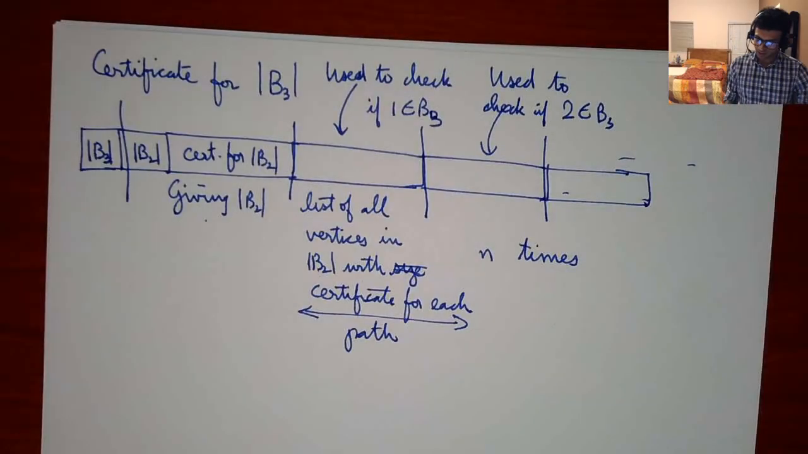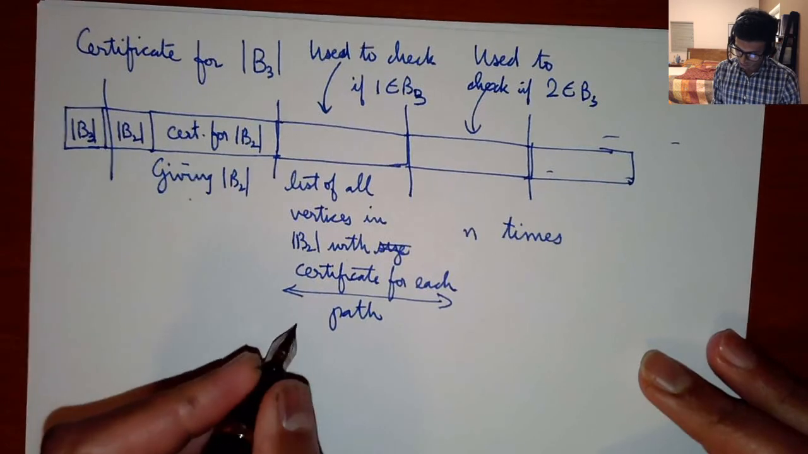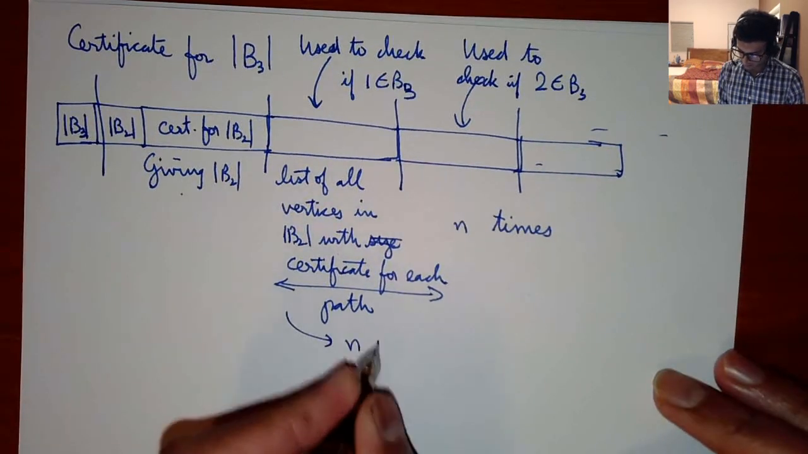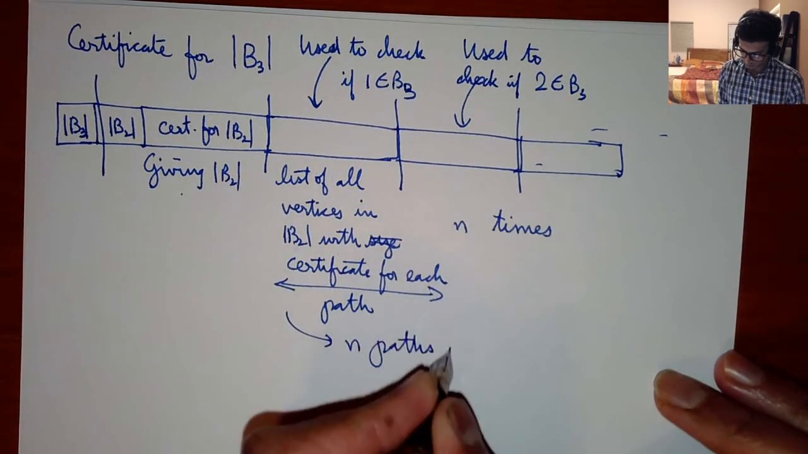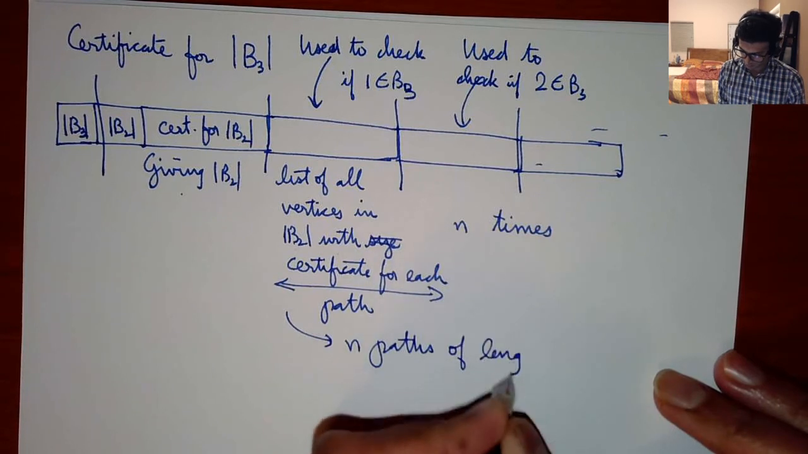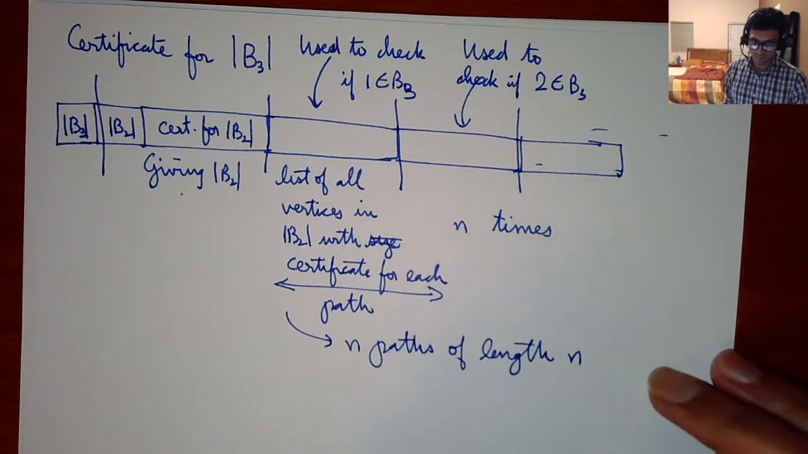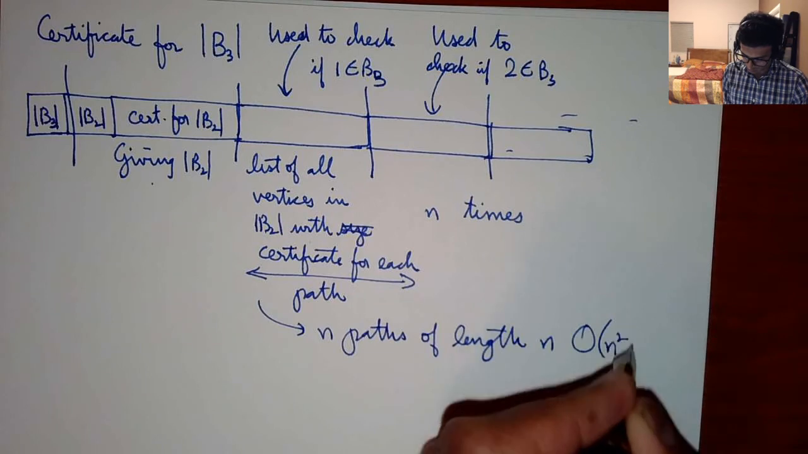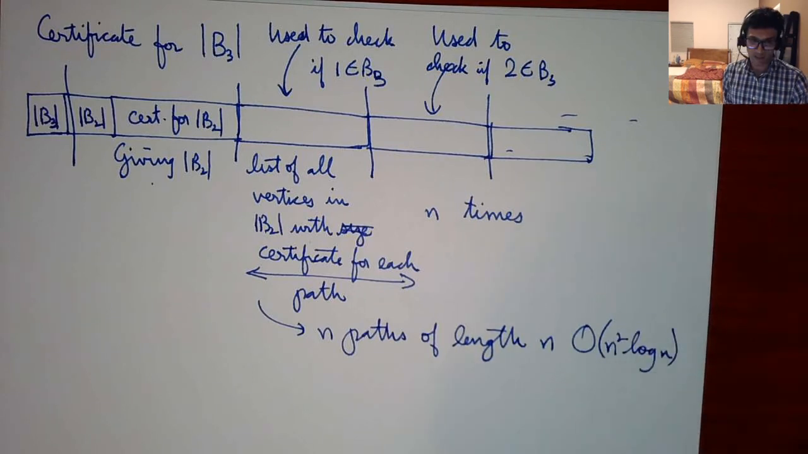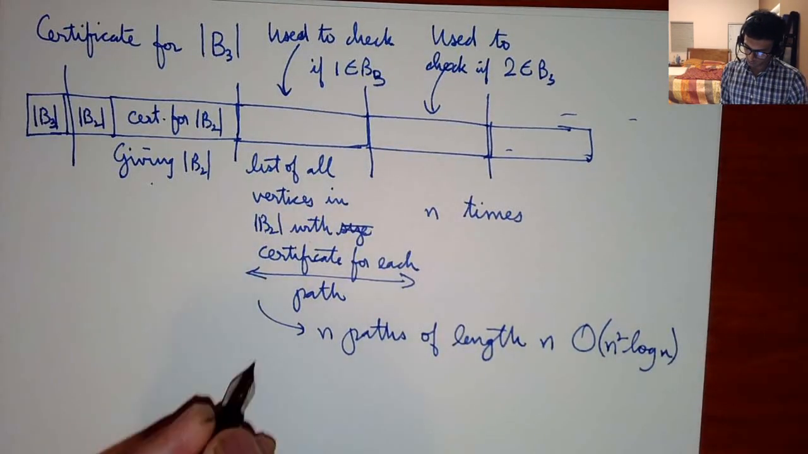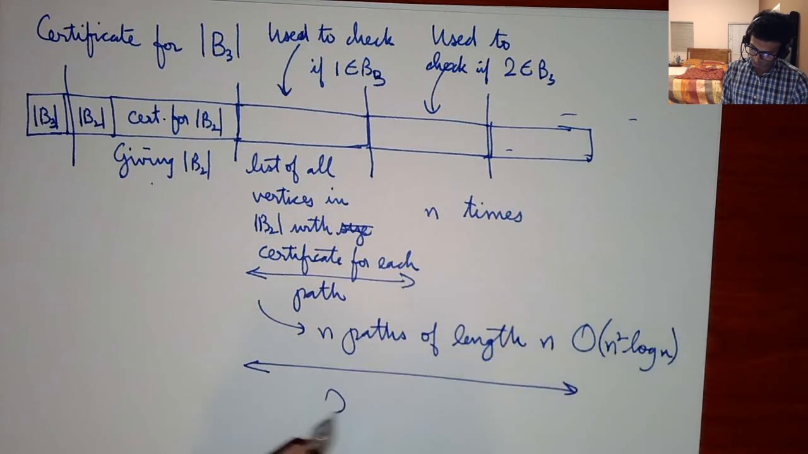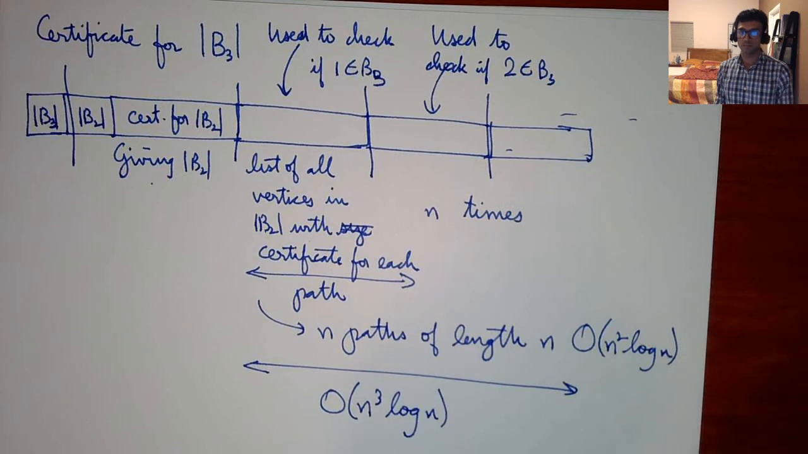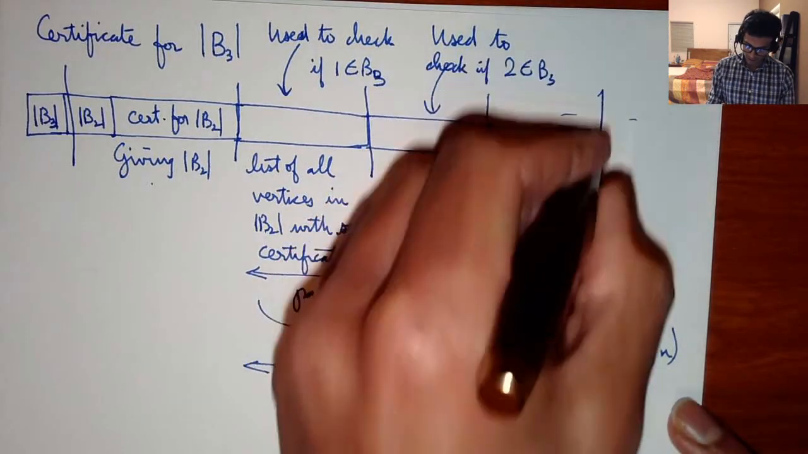So each of these is n paths of length n. So that's basically O of n squared log n bits. And of course, the total length over here is just O of n cubed log n bits. And at the end of this,